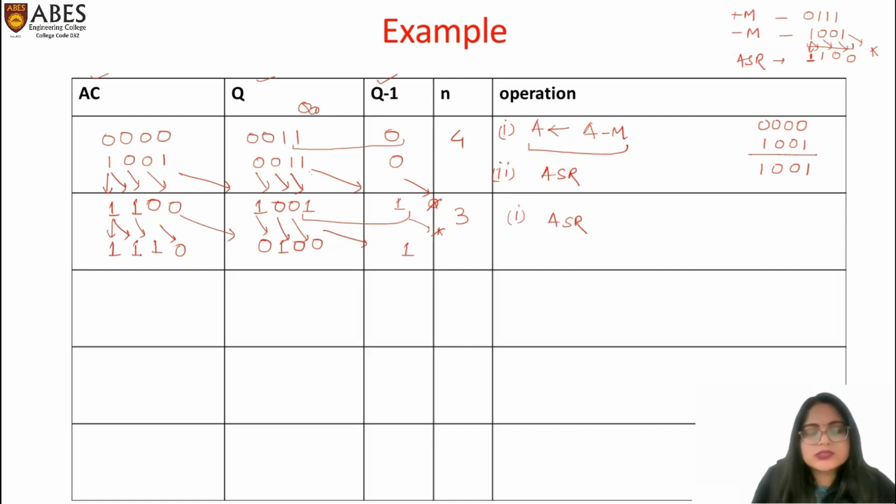Okay. So just the counter will be decreased by 1. Okay. So this will become 2 now. The value will be same. So we need to copy here. Now again we need to check the combination of Q naught and Q minus 1, that is 0, 1. So for 0, 1 we need to perform